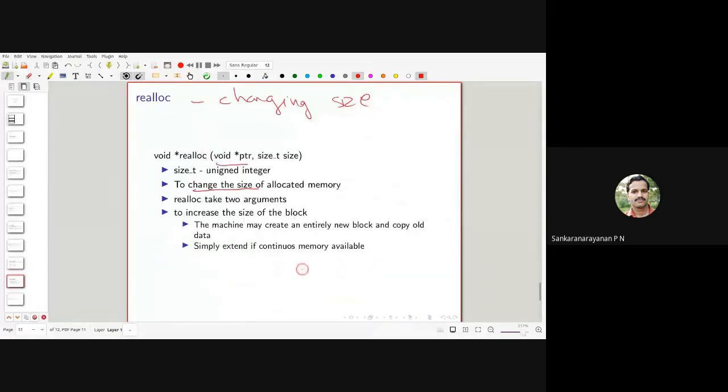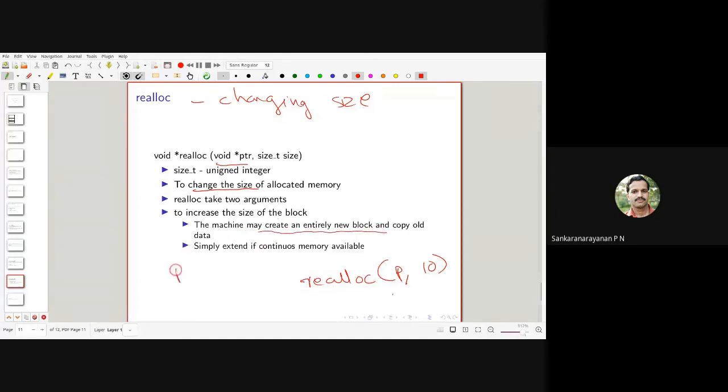So we write realloc with p, the pointer we need to reallocate, and the new size, say 10. Previously we were allotted 4, and now we are allotting 10 integers, so it will be changed to the new size.